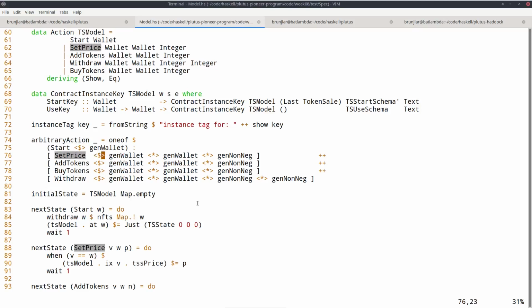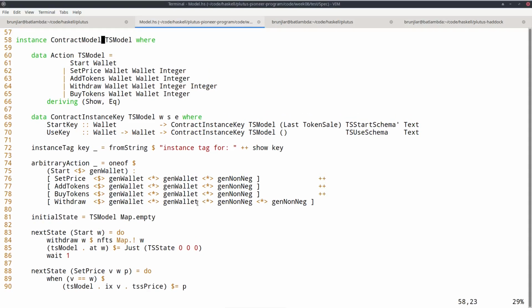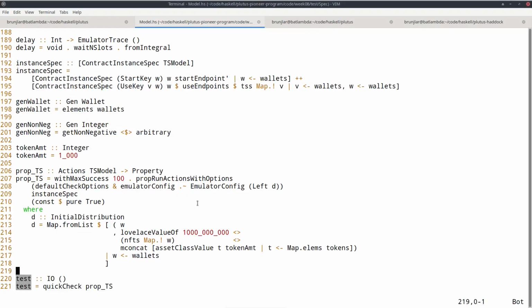And here for set price, we must pick 3 random arguments. So set price takes 2 wallets and an integer. So we use gen wallet twice to pick 2 random wallets for these 2 wallet arguments. And then gen non-neg, which is also defined here as a helper function, which randomly generates an integer, but a non-negative one. And actually there is something in the QuickCheck libraries to support this.